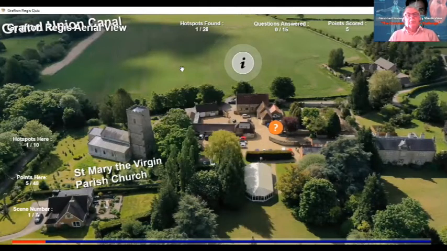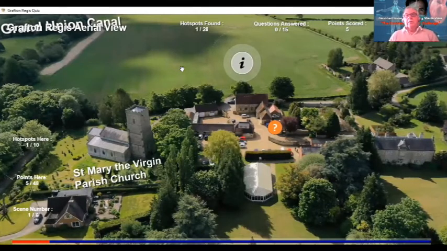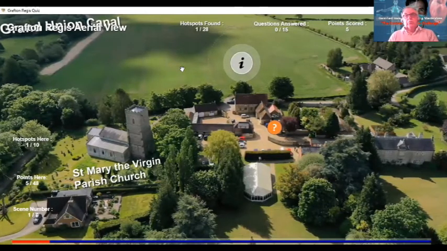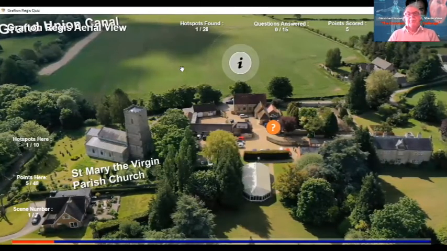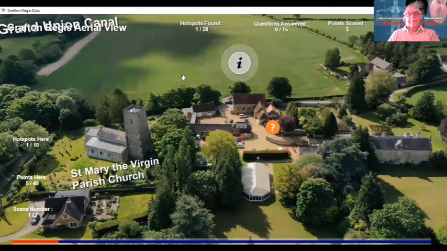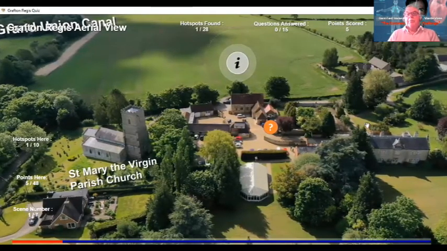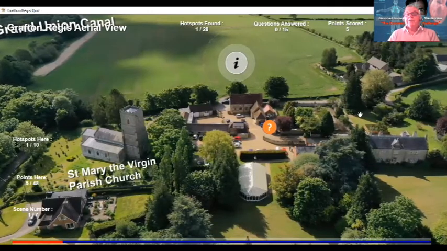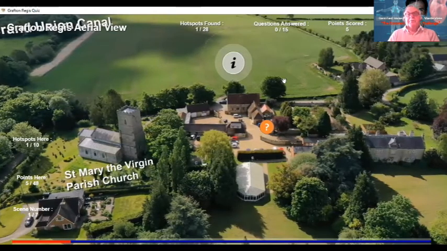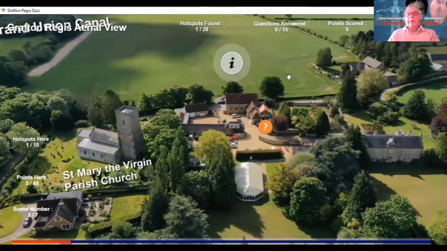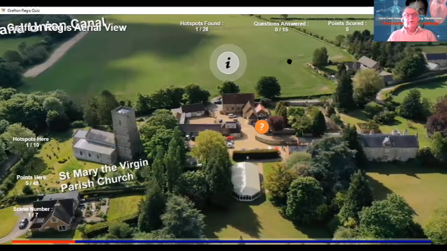So this means if you are a teacher or an educator, you could load up a quiz or a virtual tool like this, and someone anywhere in the world who's logged on to the same environment can contact you, and they will be able to have a face-to-face conversation with you. You will be able to guide them round this quiz or this virtual tour, and you will be able to give them control over the navigation.